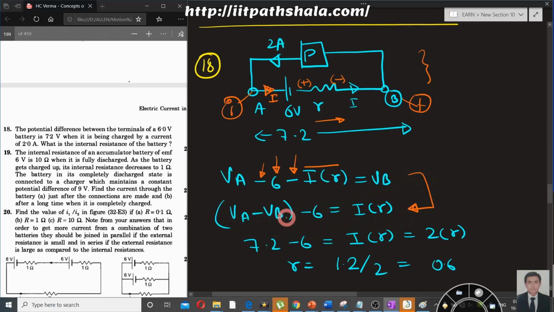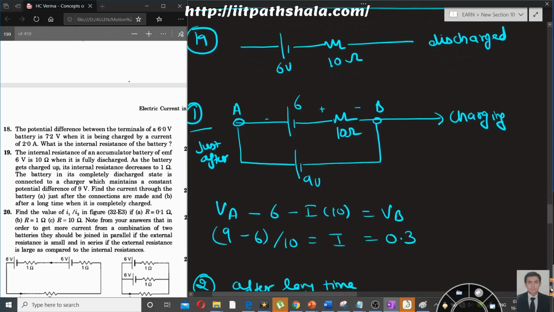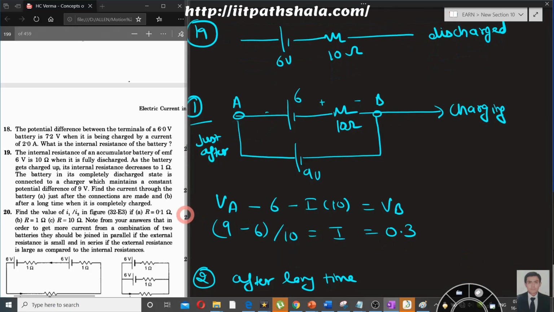Now it is given that VA minus VB, if you rearrange them in the following manner, is nothing but 7.2, and your current is given to you as 2 ampere by the powerhouse. Okay, so your current is 2 ampere, so you can find the resistance pretty simply. Now quickly moving toward the next important question, which is the internal resistance of an accumulator battery of